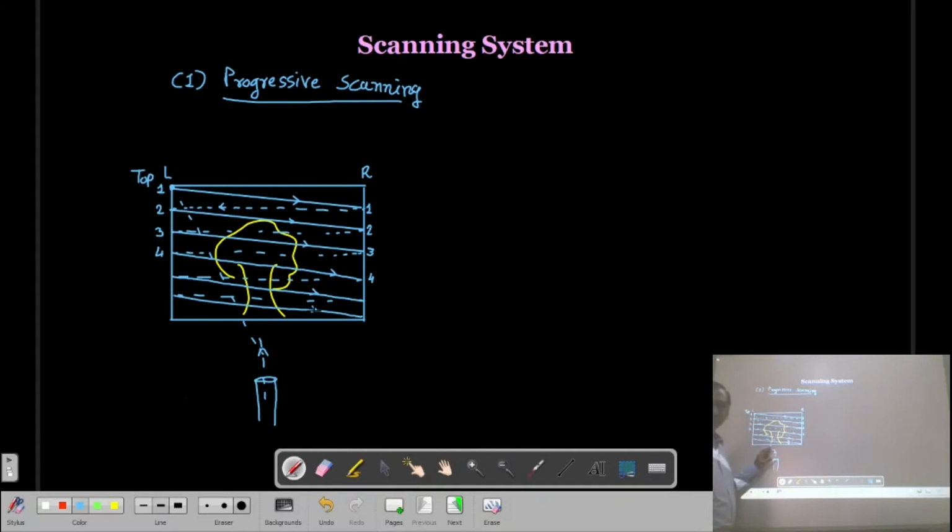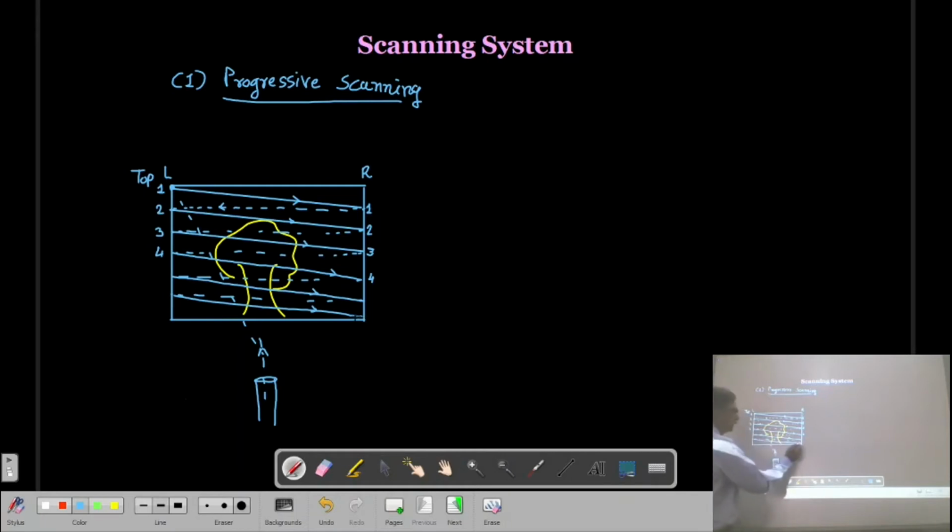Correct? And this one is the last line. Here the last line is over, your frame is over. Then again you have to repeat the frame, because in a television when we see the picture, it is not actually continuous, but it is frame to frame. Here the first frame is going to be completed. Then after that the second frame will start. Second frame means again it will read the picture.